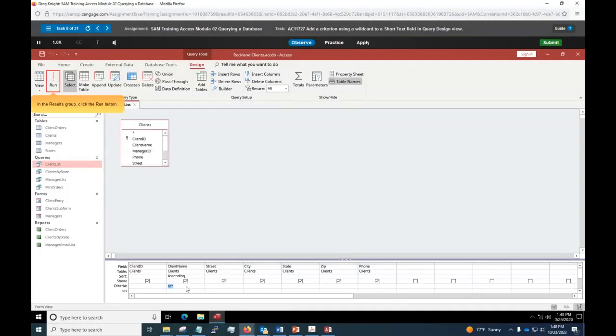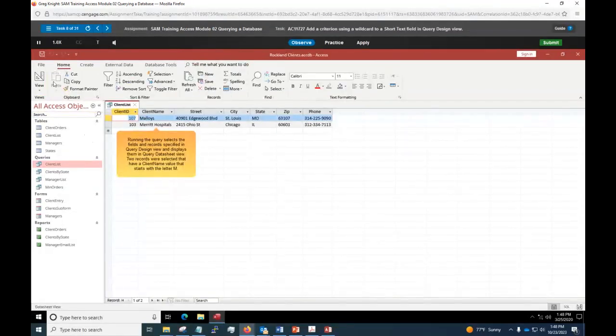In the results group, click the Run button. Running the query selects the fields and records specified in Query Design View and displays them in Query Datasheet View. 2 records were selected that have a... and I think I was making it harder than it had to be,